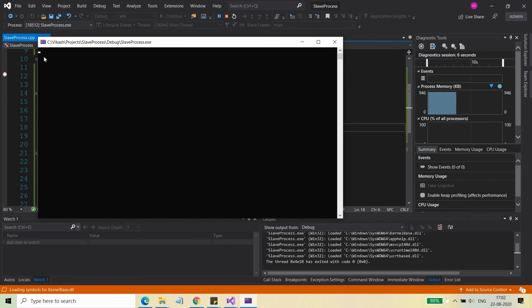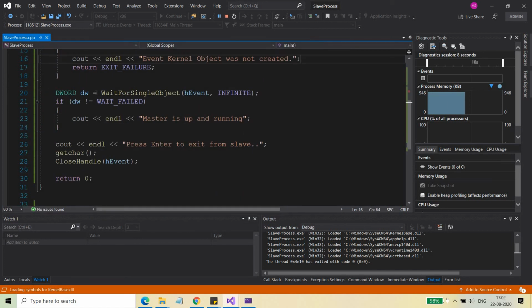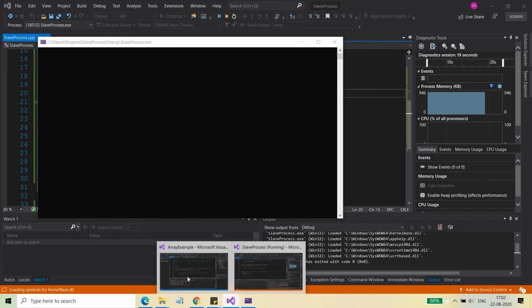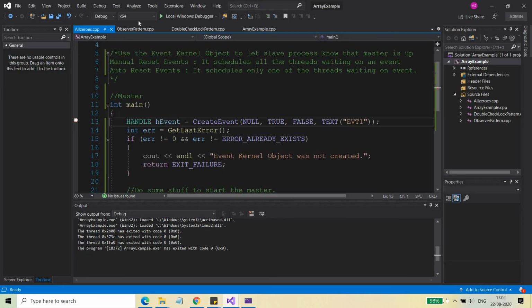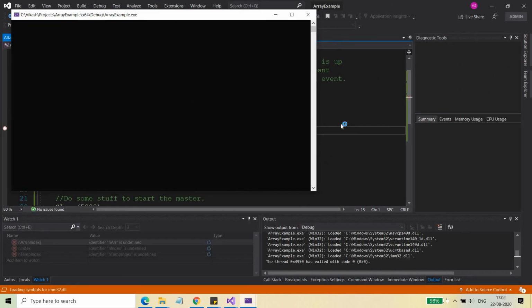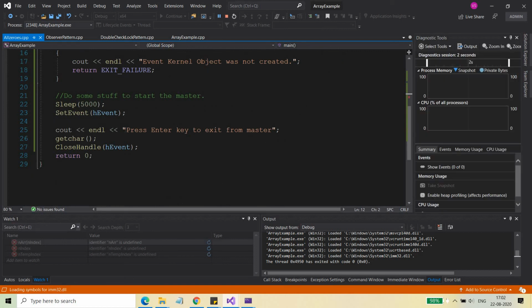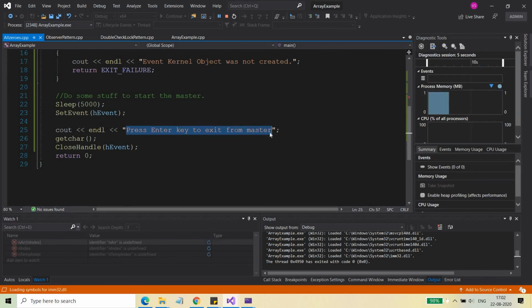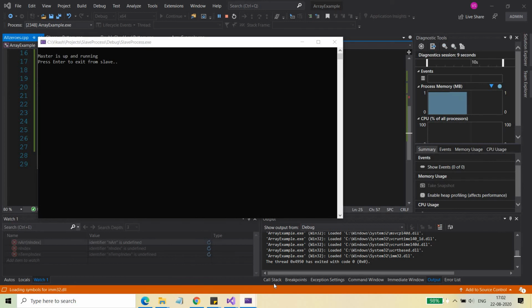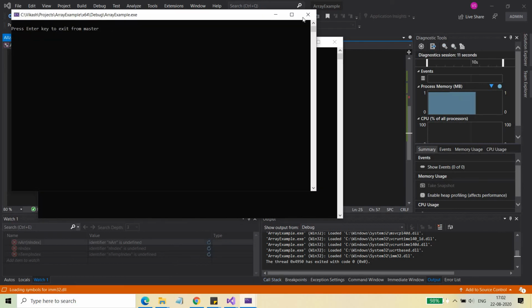You can see that it will keep waiting. You will not be able to see anything here because it is waiting here. If you put the breakpoint here, you will be able to see that it is waiting here and will not move ahead, right? So you wait forever. It will keep waiting until you start your master process. So let me start the master process. Once the master process is started and once it is able to print this, press enter key to exit from master,